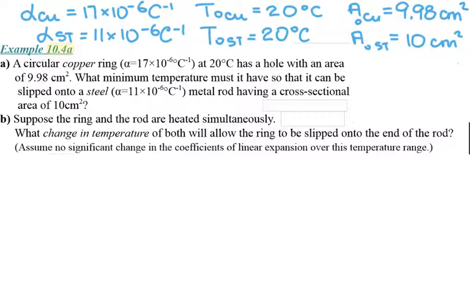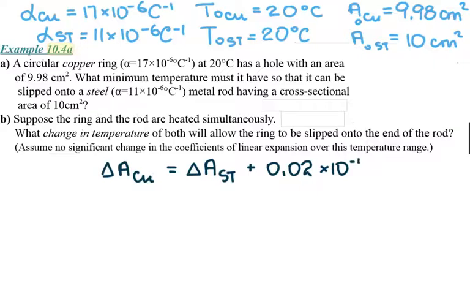If I change their temperature at the same time, that means the change of the area in copper has to be equal to the change of the area in steel, but more, because it's already missing initially 0.02 times 10 to the -4 meters squared. So I need copper to change by this much more